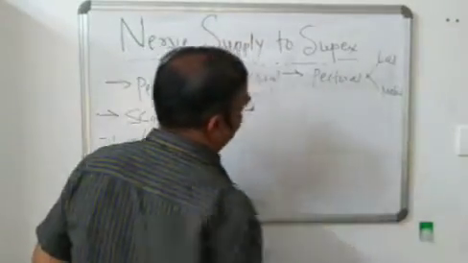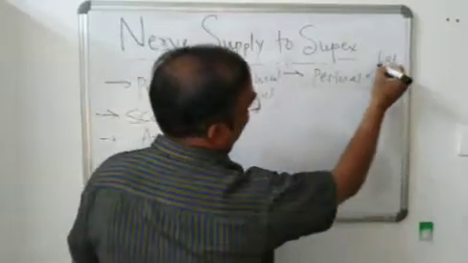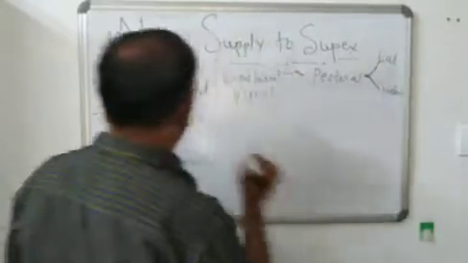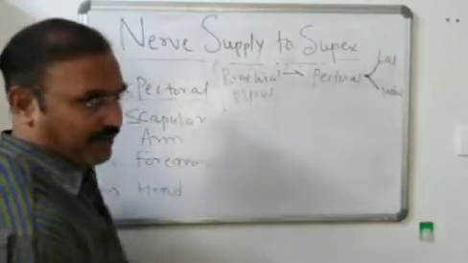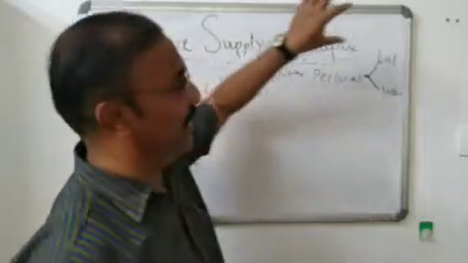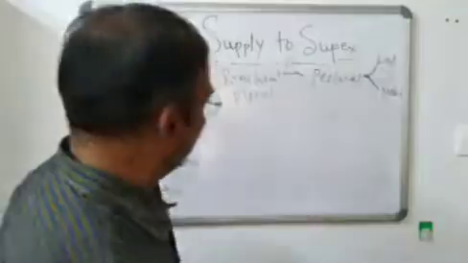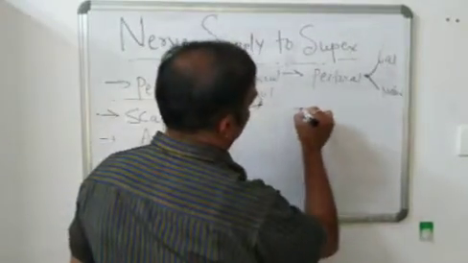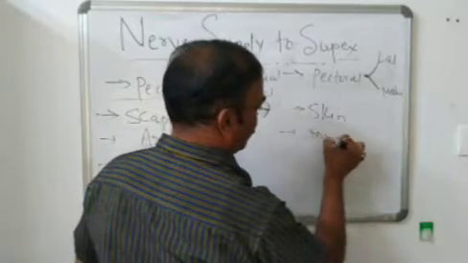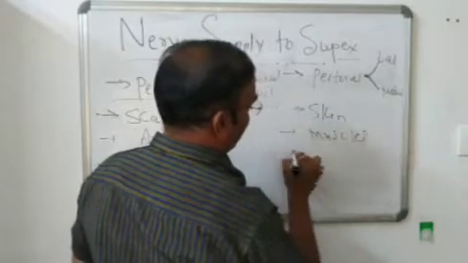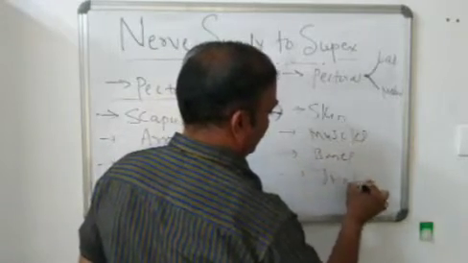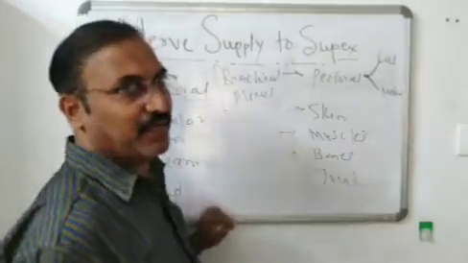It gives the pectoral branch, and this pectoral branch is further divided into two branches, lateral as well as medial pectoral nerve. And these two branches supply the pectoral region. Whatever structure is present in pectoral region is all supplied by lateral as well as medial pectoral nerve. That is, the skin of that region, then muscles as well as the bones and the joints present.